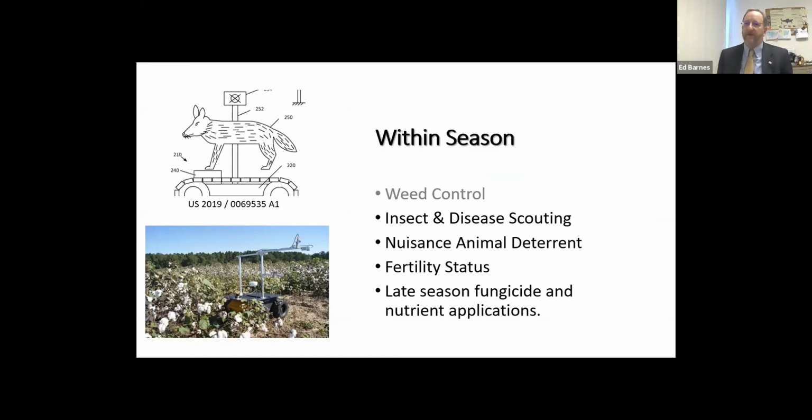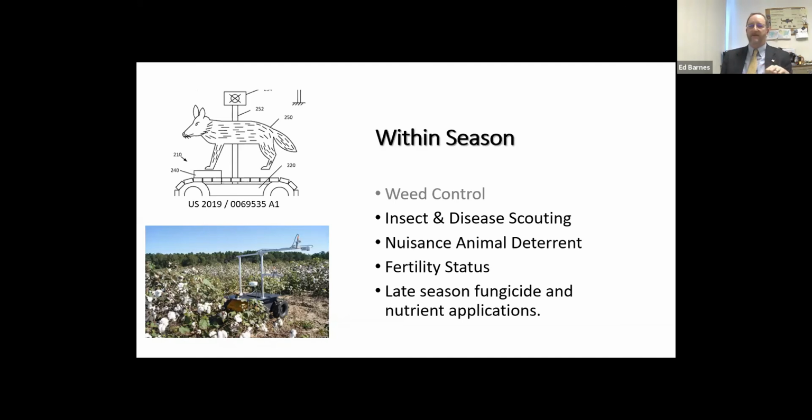I'll show some other examples in the future. But again, what I like about this platform, it's small. It's already got the tools to quickly make it autonomous. Dr. Maha had this running autonomously between cotton rows in less than 6 months because a lot of the tools are already there. So obviously, if we have a small piece of equipment like this where we can put